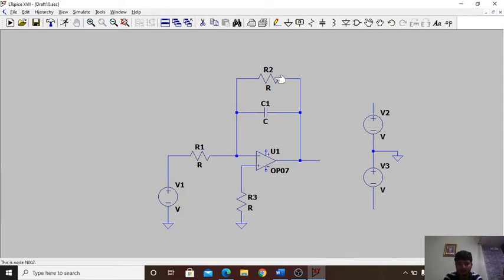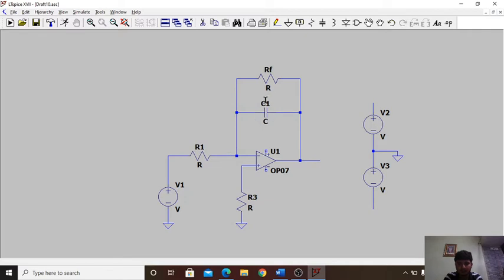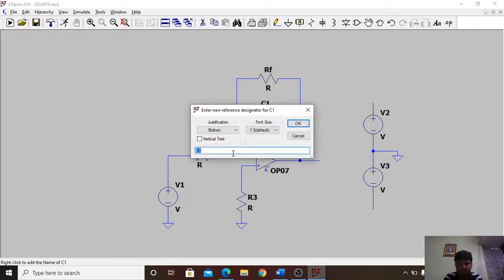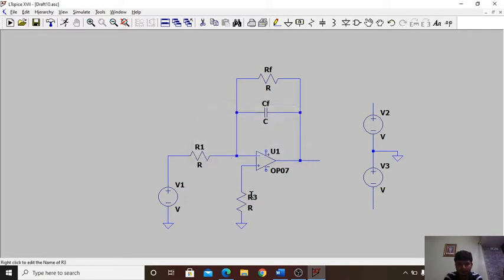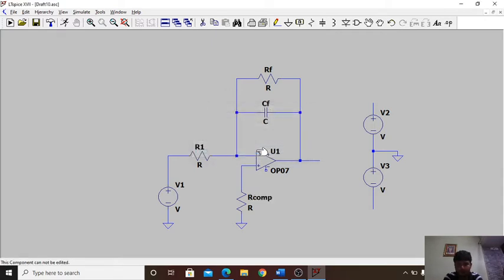Now we will change the labels of the components for our convenience. Right click on this component and change it to RF. Similarly, right click on this and change it to CF. I will change this to RComp. We will also label the nets.